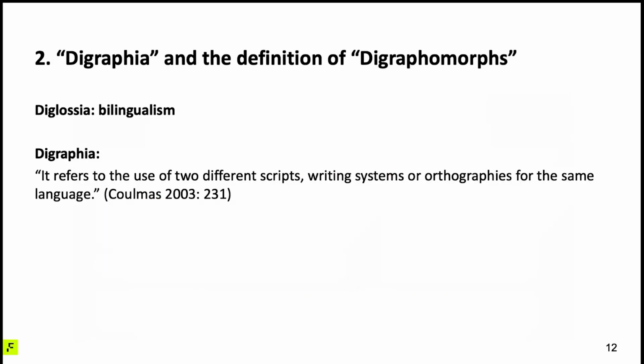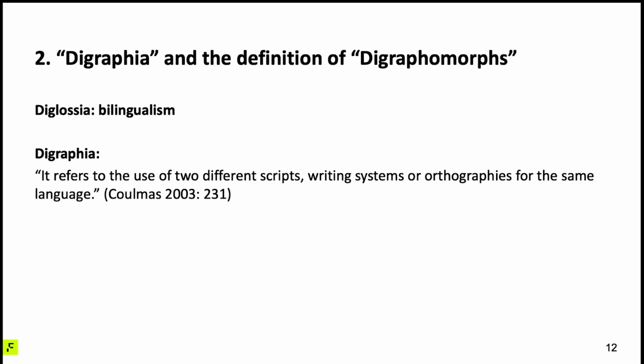I mentioned Japan here because I'd like to turn to the concepts of digraphia and digraphomorphism. In linguistics, bilingualism is referred to as diglossia. Building on this analogy, the concept of digraphia is generally defined as the use of two different scripts, writing systems or orthographies for the same language. However, this